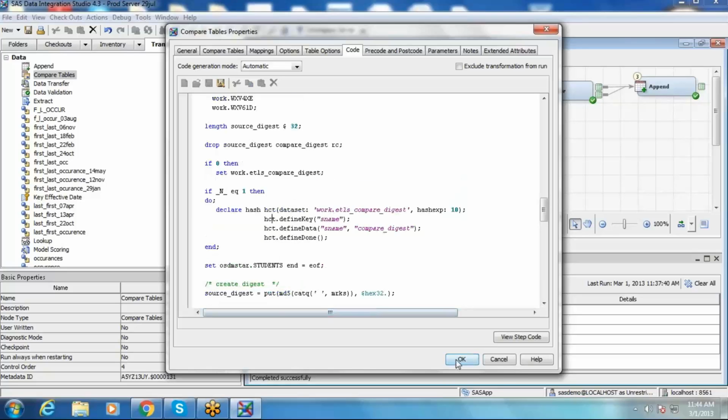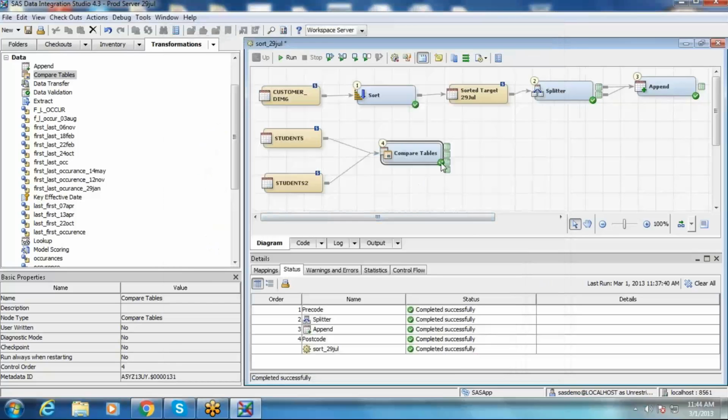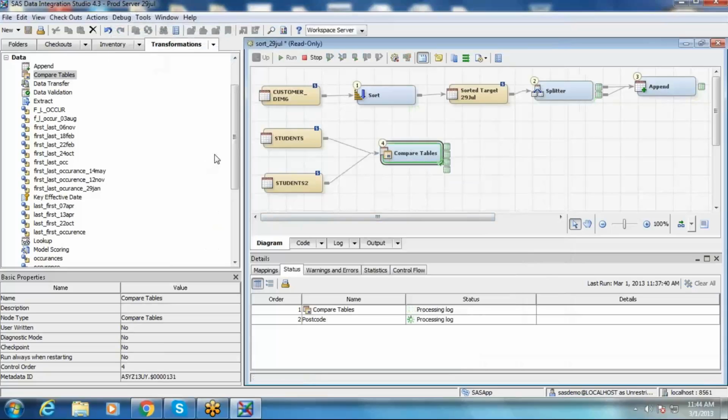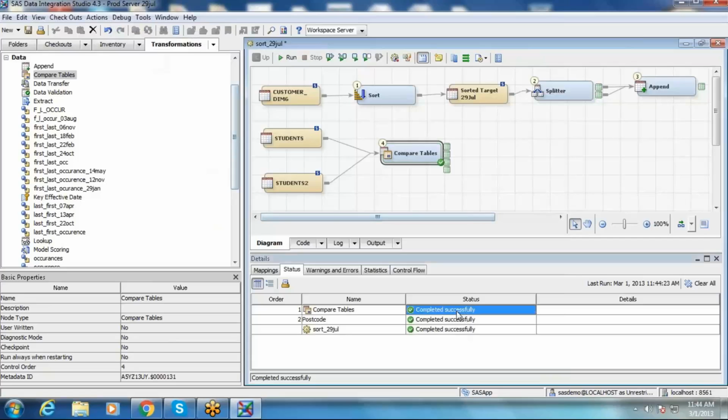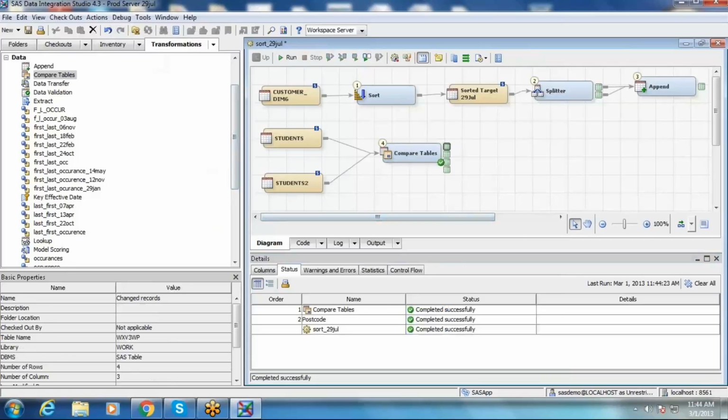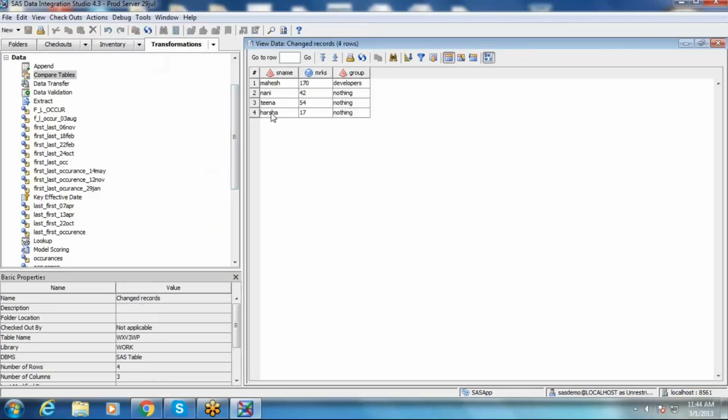Just click on OK. Now let's compare these two tables. Here the step says it is complete. Run only this transformation. For debug, run selected transformation. So here it got successfully completed. The first one, you can see couple of change records. Harsha should definitely be there in that because it is a change record. You got 17 and in the first table might be 25 something, I don't remember, right?